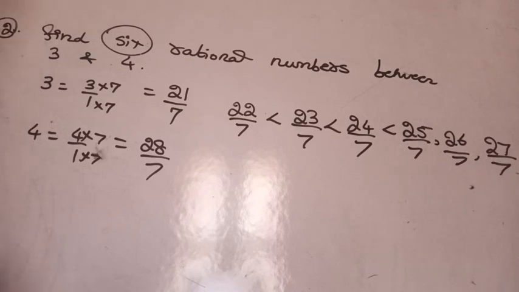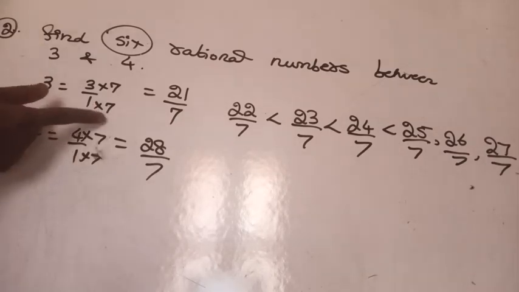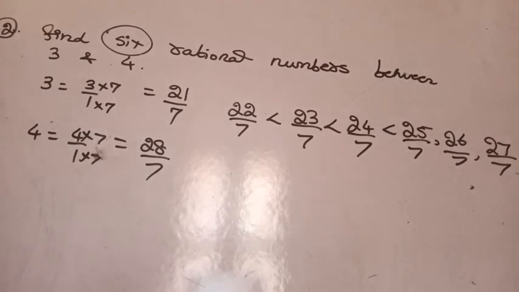If the numbers are given as fractions, first you have to check whether they are like fractions or not. If they are like fractions, use the same procedure: multiply by n plus 1 in both numerator and denominator. If they are not like fractions, you have to make them like fractions. If you get the required rational numbers between the two, you can proceed. Otherwise, multiply again by any non-zero constant in both numerator and denominator. Are you getting it? Yes.